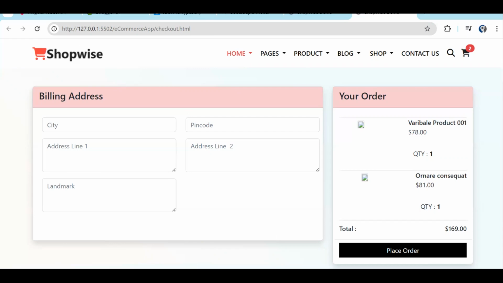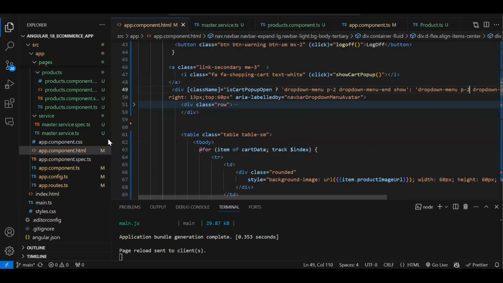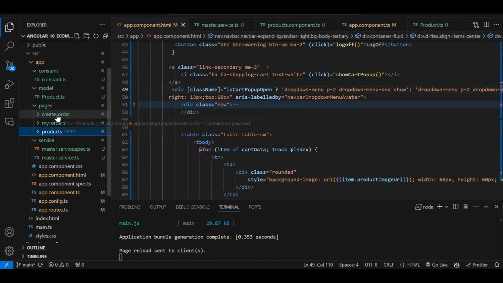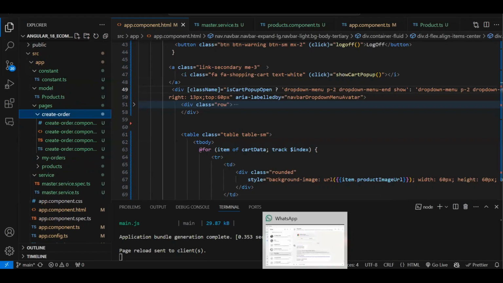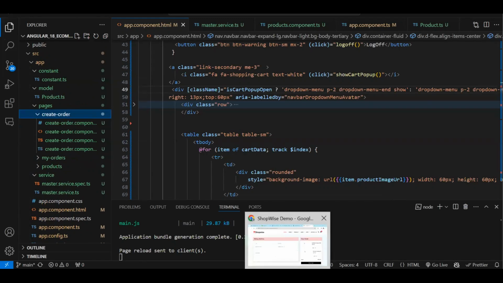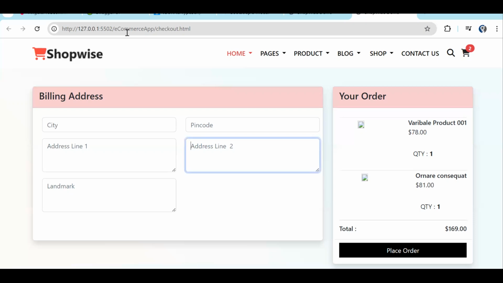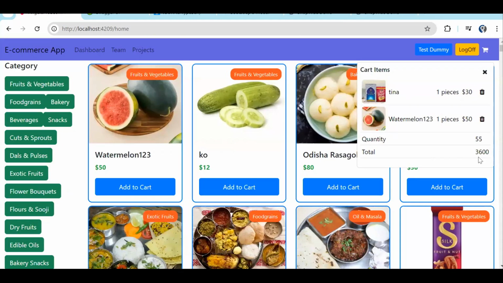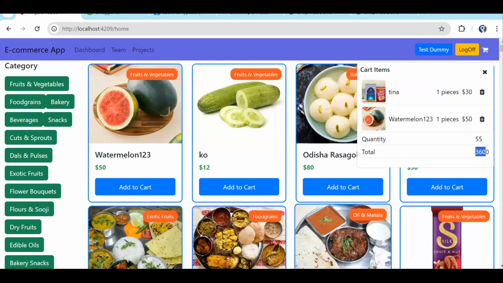So we already have created one more component, that is create order. On click of checkout, we are going to navigate to that particular component. So here we have it, right? After total, here we will show the total price, but that is also remaining. We need to create the total and show the total price. We will do it later because it is just a calculation. So over here, we just need to provide a checkout button. So let's add a checkout button